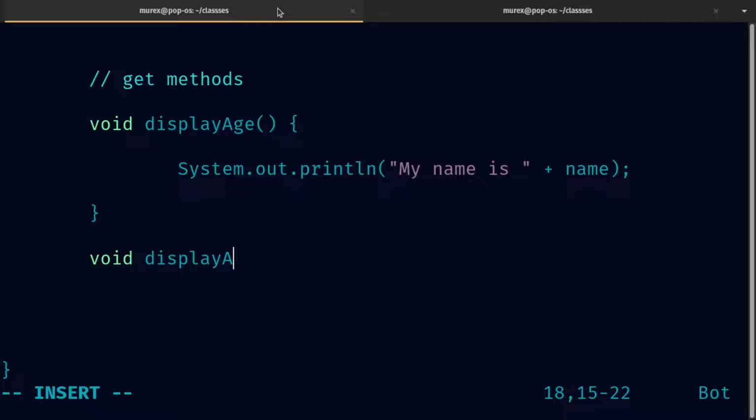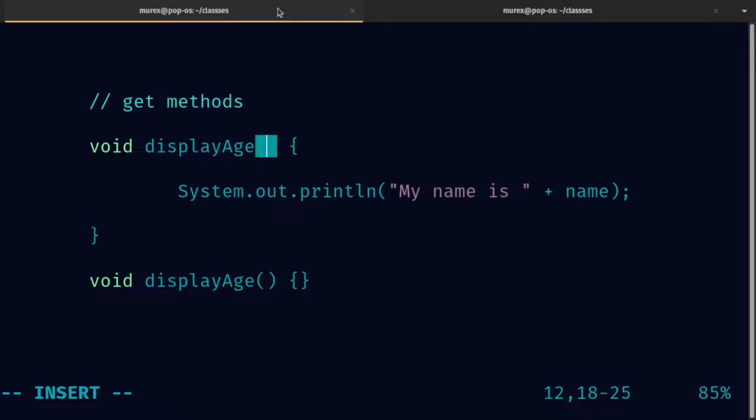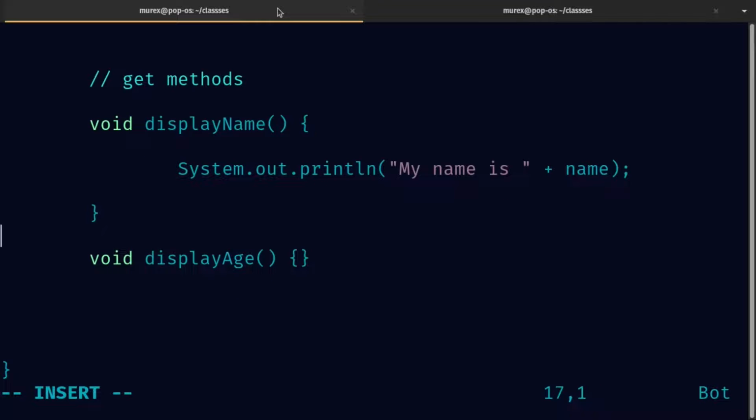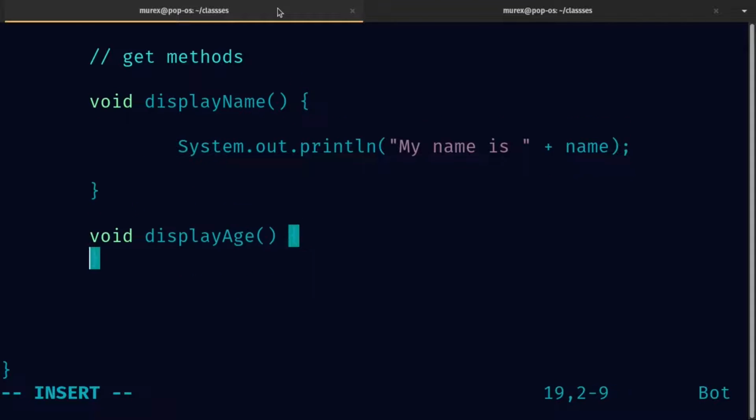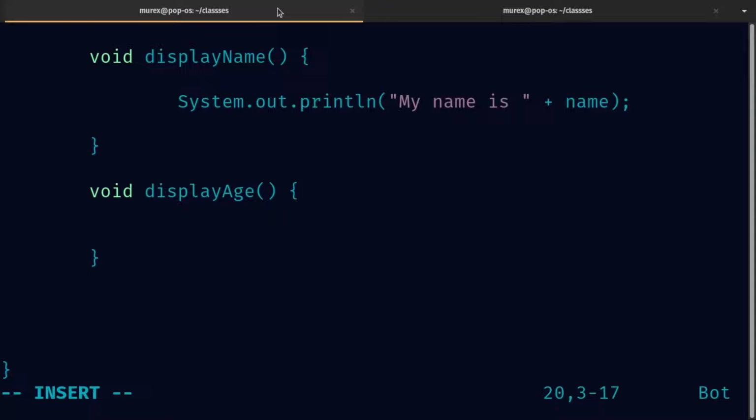You'll see why I'm doing this just now. So basically there we use name, right? So we just have to change that to name so that we don't have to repeat everything, like our text display name. And then what we're gonna do there is just System.out.println,